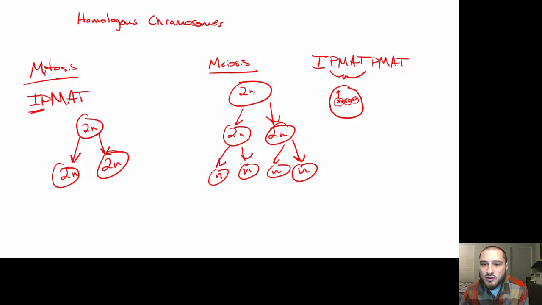You're going to see one's going to go one way, the other's going to go the other way. One's going to go one way, the other's going to go the other way. And then what happens in the next one